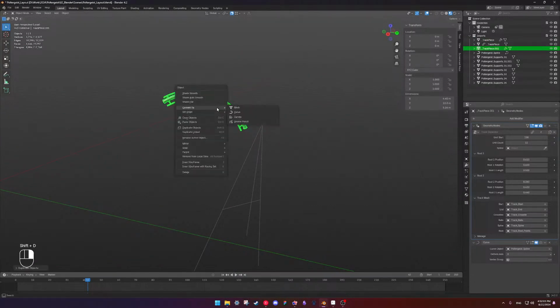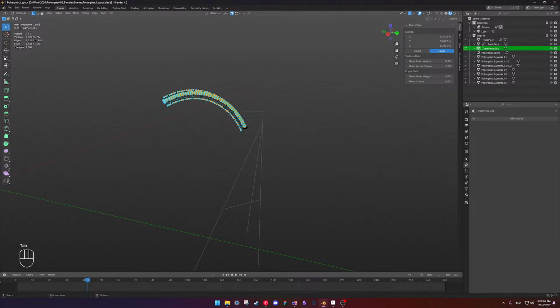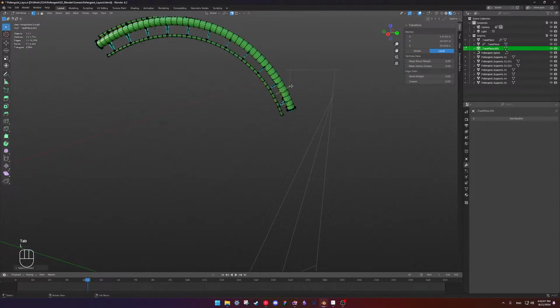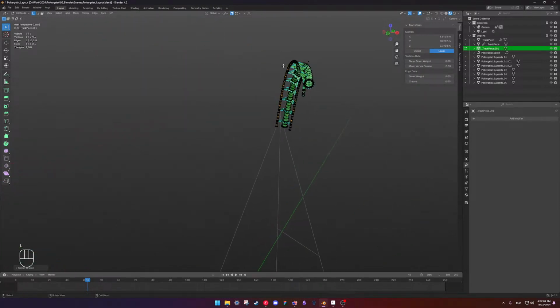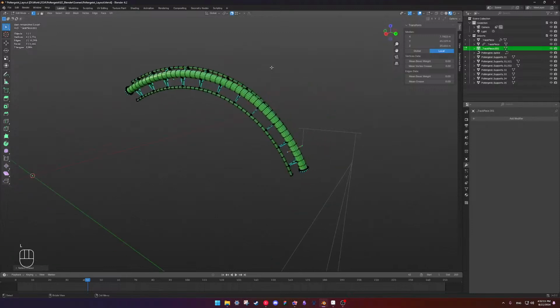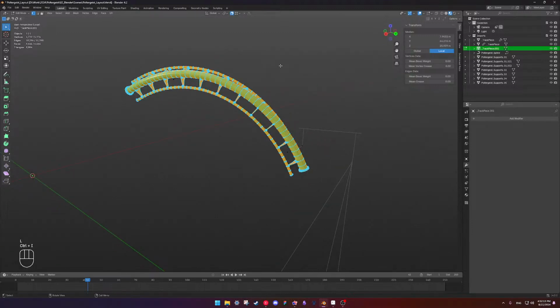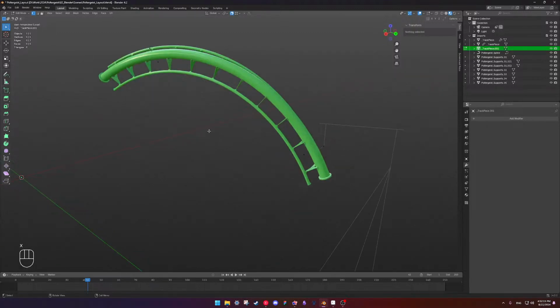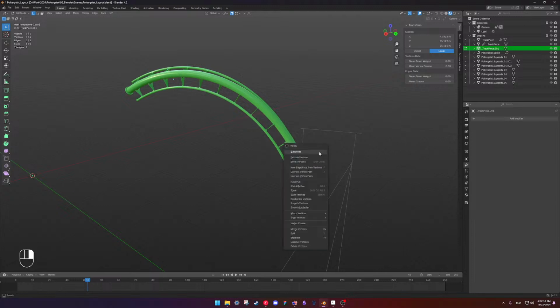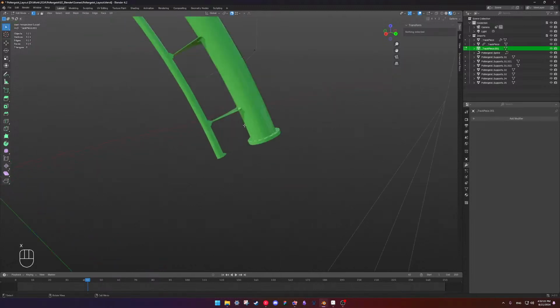Make a duplicate, convert to mesh. Link, link. We're gonna invert this, delete all that. And we're gonna subdivide, get rid of the vertices.